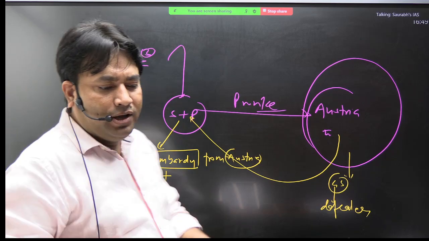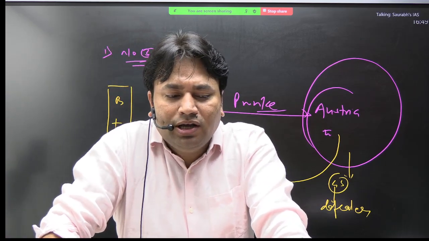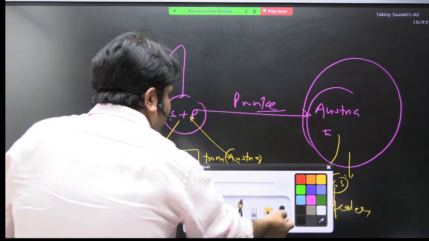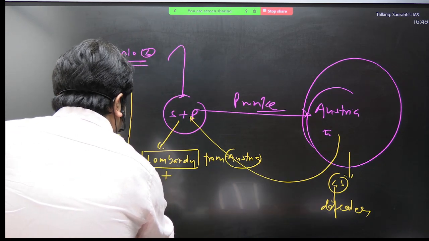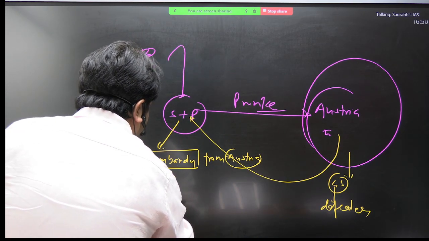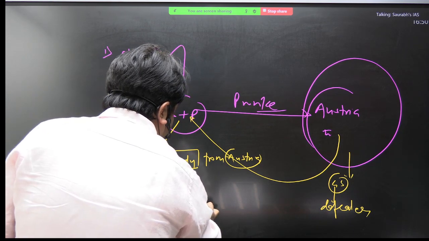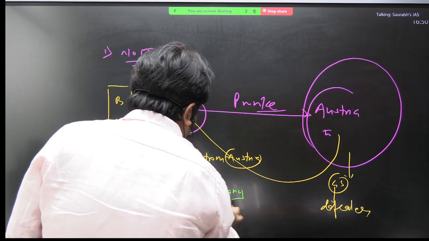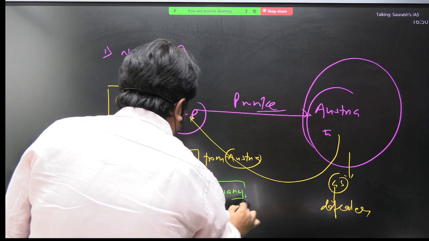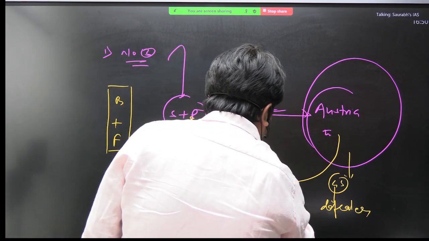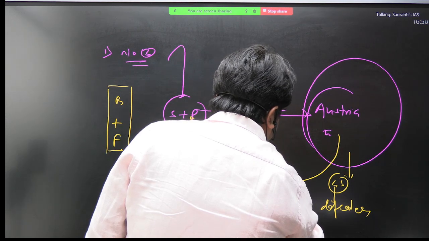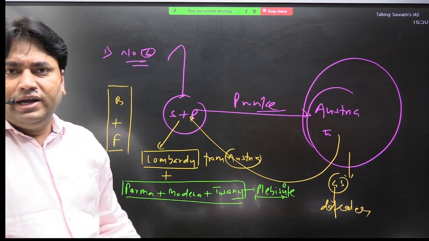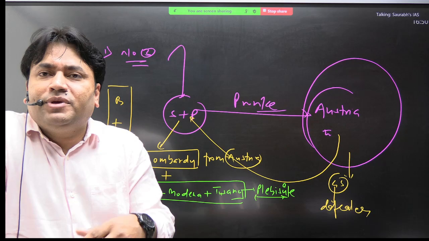Now there are some other states in the north: Parma, Modena and Tuscany. So it will also annex these states, Parma, Modena and Tuscany, because the support behind them was also Austria's. And what will happen? A plebiscite will be conducted here. Plebiscite means an opinion poll, where it will be asked from the people which side they want to go with.